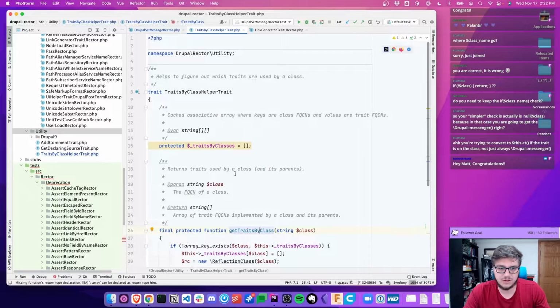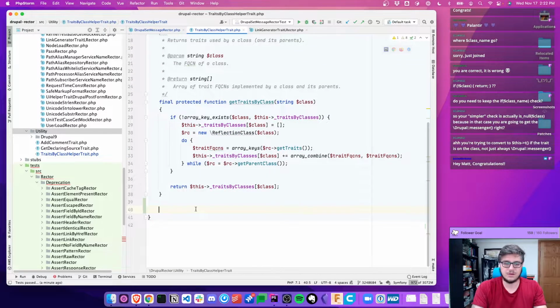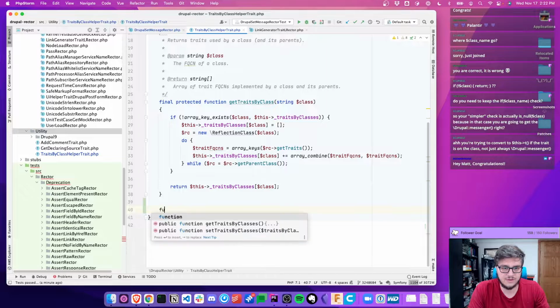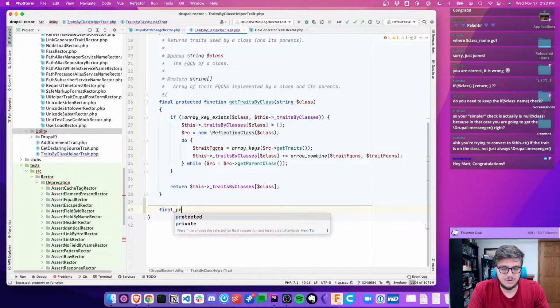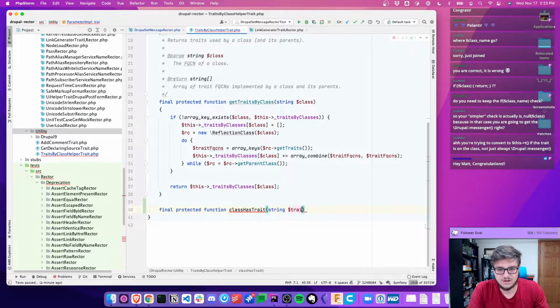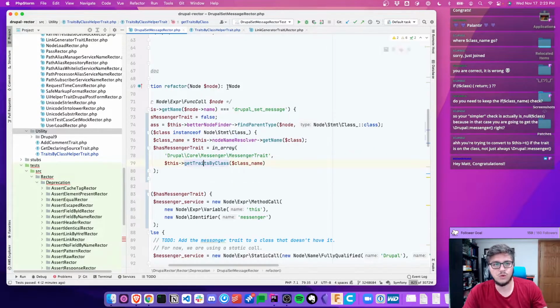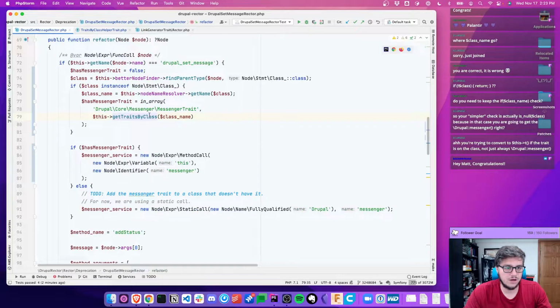Get traits by class. So we'll say, wait, if we have a get traits, why don't we just have final protected function class has trait? Or wait, yeah, why don't we hold up. So this method made sense before when you had the class name. So why don't we refactor this to